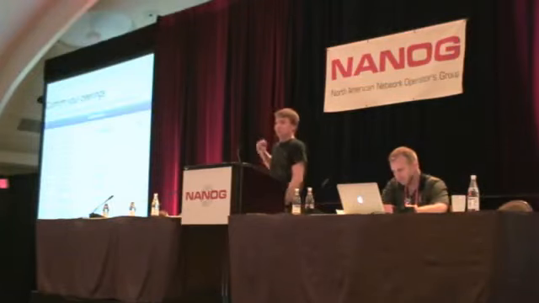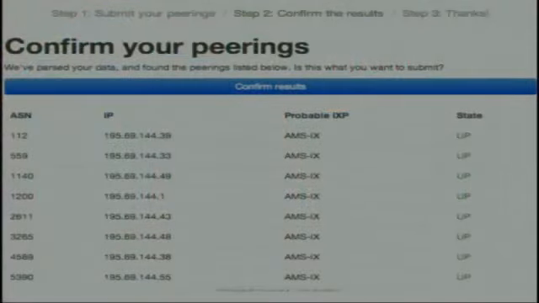You press submit, and the website would give you feedback: is this what you want to submit? And the website would try and figure out which sessions are actually on IXPs and which are not, and discard everything that is not relevant. So information such as how many prefixes you send or how many you receive, it doesn't matter. The only thing that mattered was the remote IP and the remote ASN. And by submitting data on this website, you would confirm that you have seen an established session with this IP and ASN.